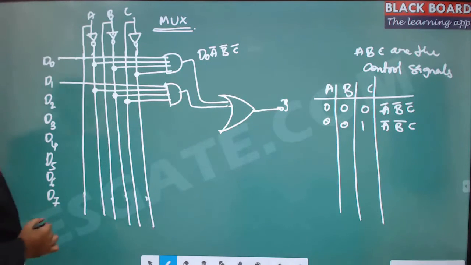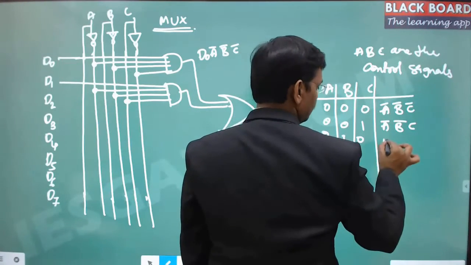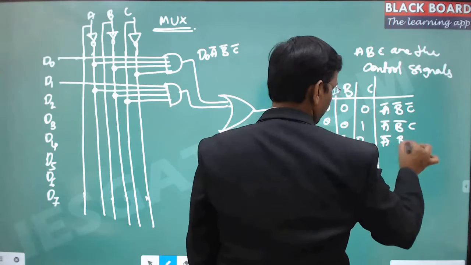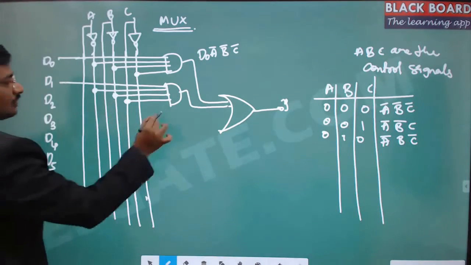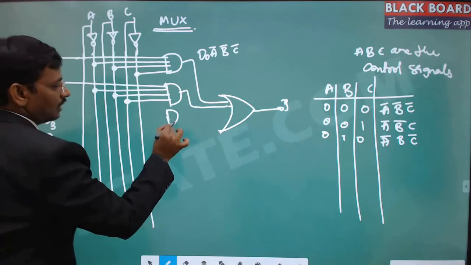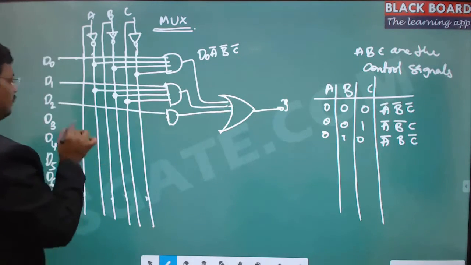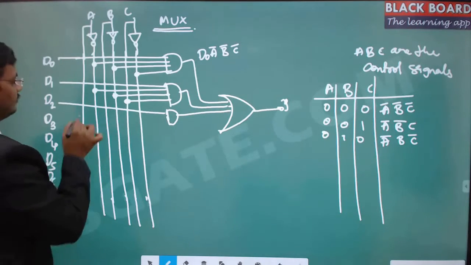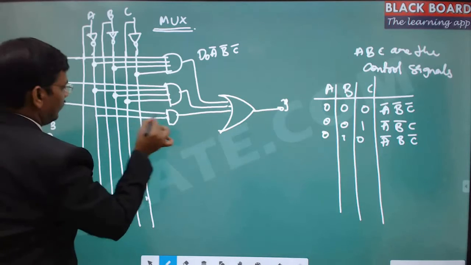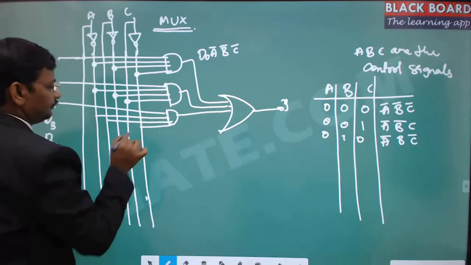Similarly, if you want to select data point D2, this is 0, 1, 0 and this is A bar, B, C bar. So for data point D2, draw one more AND gate, and this is D2 and then A bar, B, C bar. So this is A bar, this is B, this is C bar.